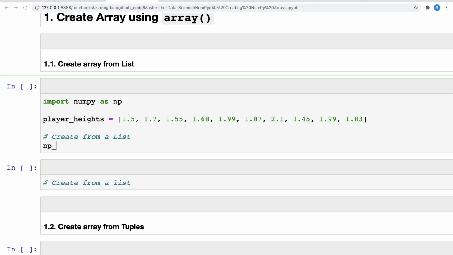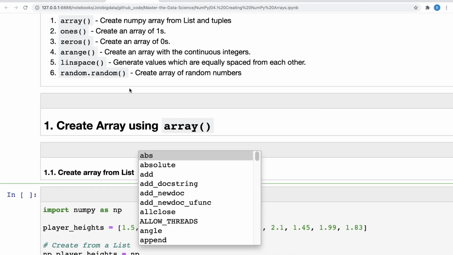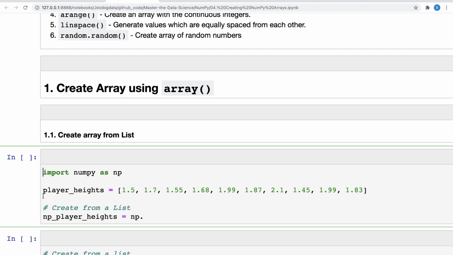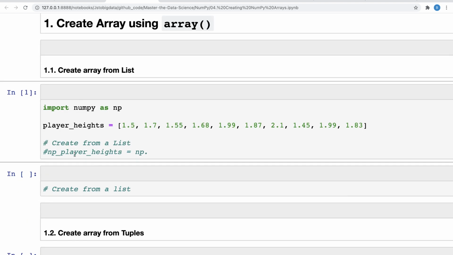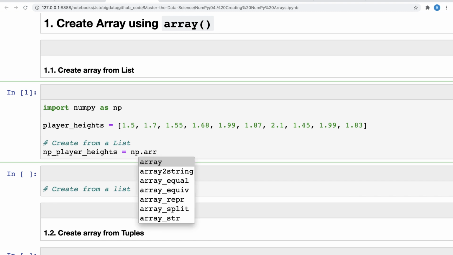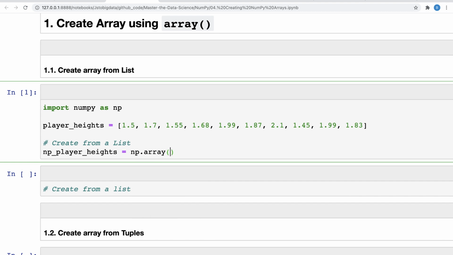So what you can do is, let's say I want a variable as np player heights and np.array. Now before I begin, I need to import it, right? So let me just import it first. Okay, so numpy is imported. Now if I press tab, I will get that autocomplete. Okay, so np array, and I just convert this, right?